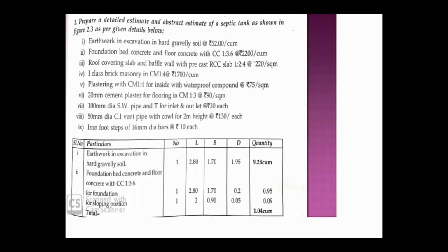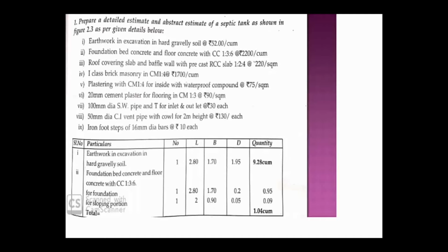You can see here that for the foundation, as I told, it is the same as that of excavation. How much excavation we are going to do, up to that excavation portion we are going to provide the concrete. So number is only 1, and length is 2.8, as I told, outer to outer length, and breadth is 1.7 outer to outer breadth, and depth they have given 2 centimeter, that is 0.2 meter, that we have to find out. Then multiplication, 1 into 2.8 into 1.7 into 0.2 will give you 0.95.